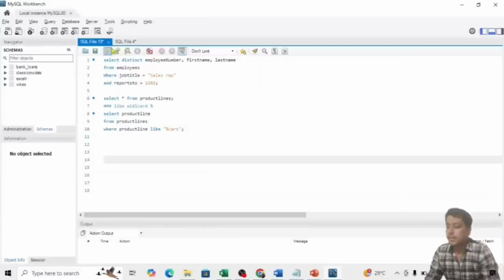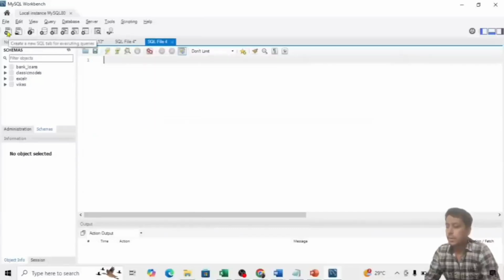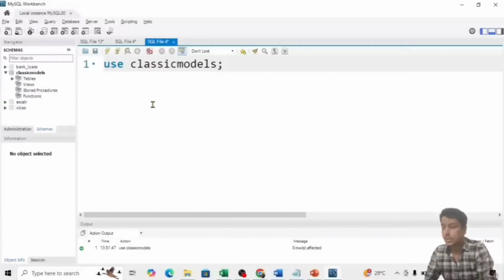So sometimes, let's suppose I create a new SQL query tab and type use classicmodels and I execute this query, now you can see it is green and it is working, and your classicmodels database is highlighted in black.